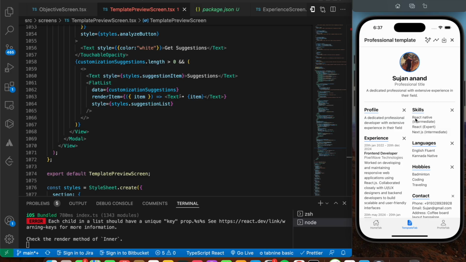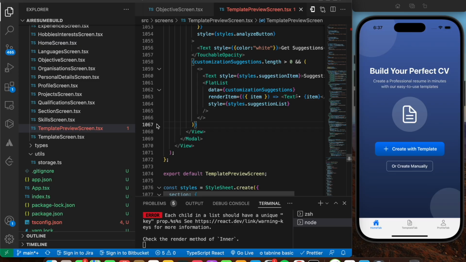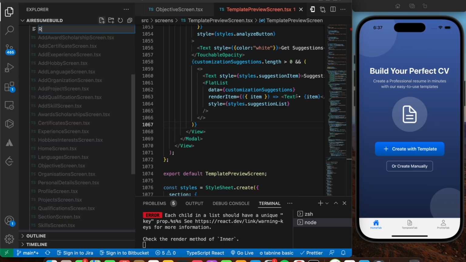So one thing that is left out is doing the manual entry of resumes. That is, once you press on create manually, we should be going to some other screen and then creating a resume manually. Let's also implement that. Okay, so here I'm going to say new screen. I'm going to say resume